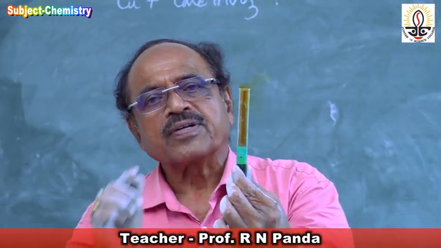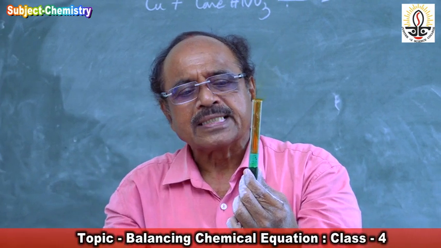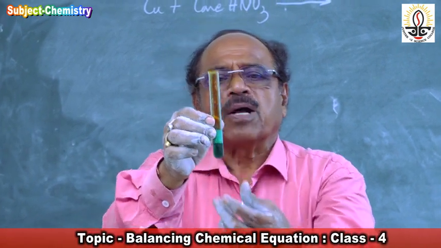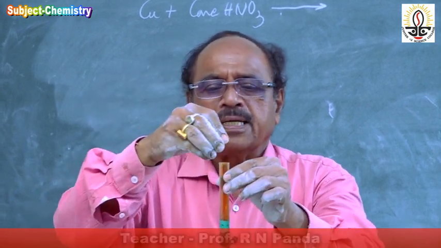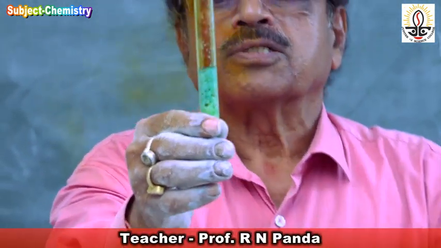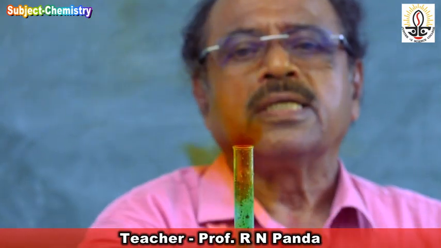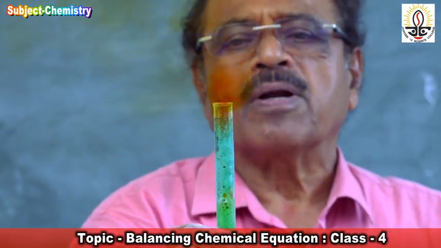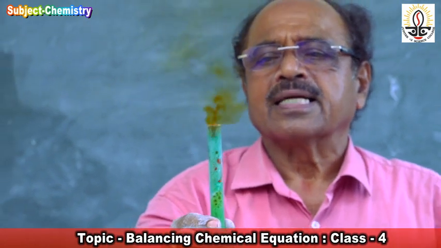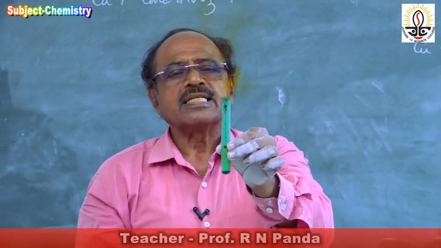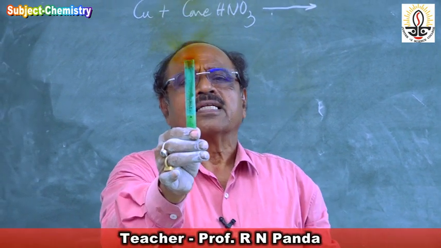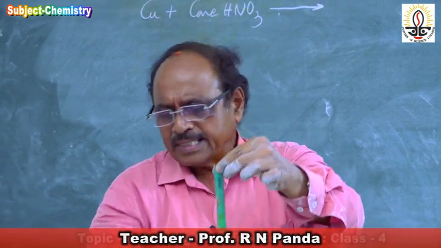So here there is a difference between dilute sulfuric acid and concentrated nitric acid. You see the brown gas. Again I will add a little more copper to that, and you see the reaction. Now see, again brown gas is coming out. Where is this brown gas coming from? From nitric acid. How that gas comes out, I will explain to you. You see how vigorous the reaction is.